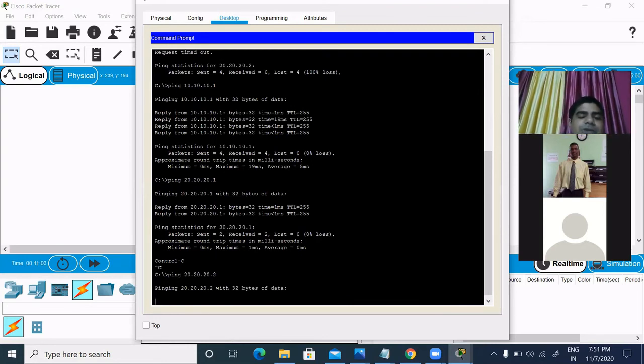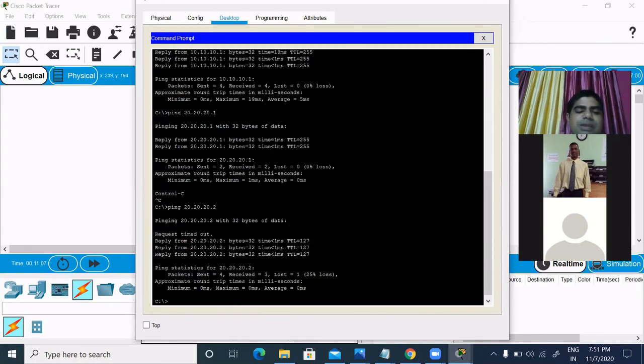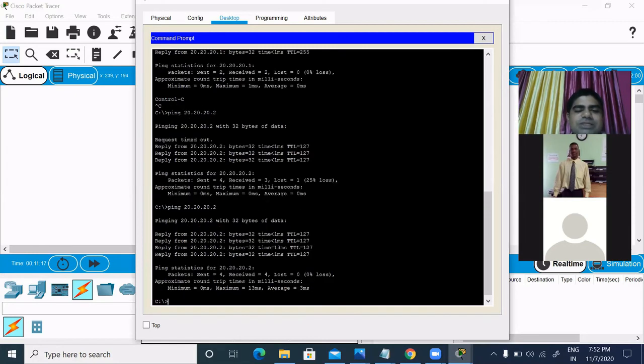So when you are checking for this 2, there will be one request timeout, because firstly it sends an ARP request. So again, if you send 4 packets, you will get 4 replies. But initially you can receive a request timeout for the first packet, because this goes for the ARP request. Similarly, we will check with